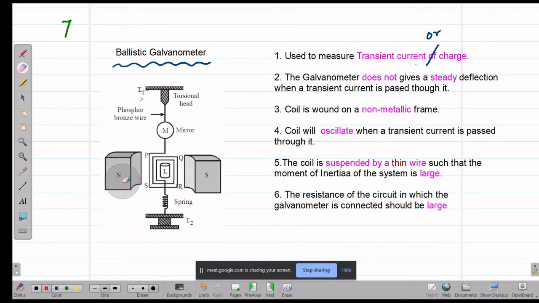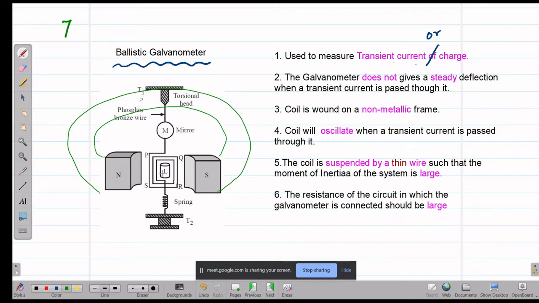That means the two poles that you see, North Pole and South Pole, are not separate. Remember, it is part of one horseshoe magnet. We have not shown the entire magnet. In fact, you should have in your mind that this whole thing is one magnet, like that. Between this horseshoe magnet, the pole pieces are curved pieces, and there is also a soft iron core which is kept within the frame of the coil.